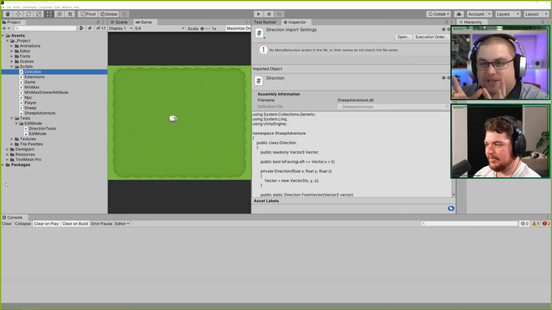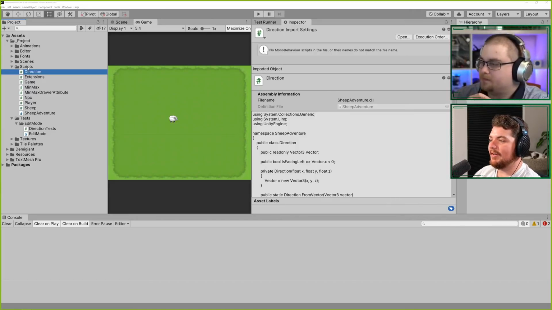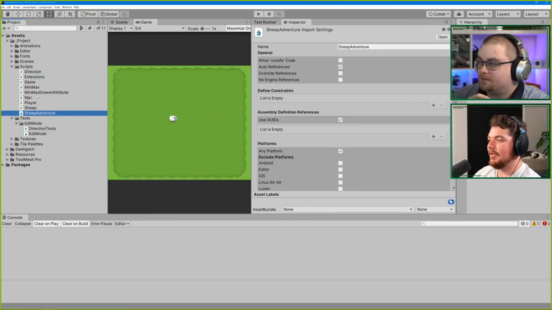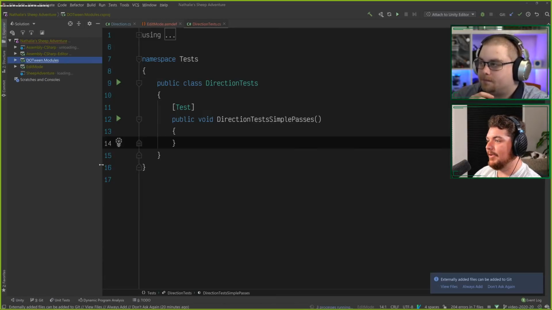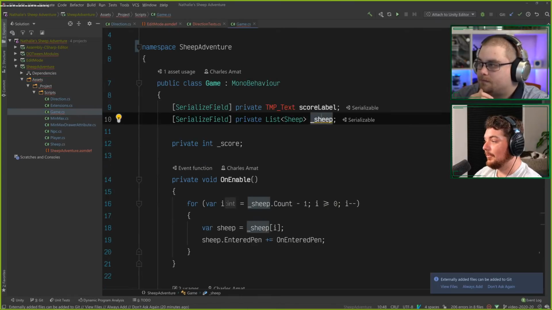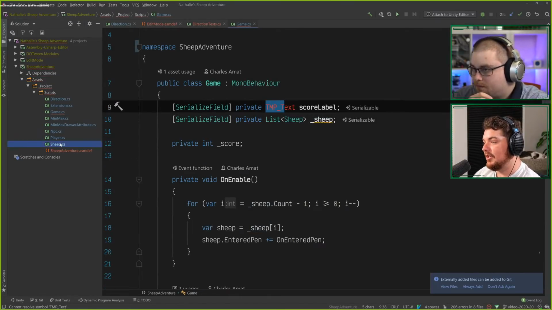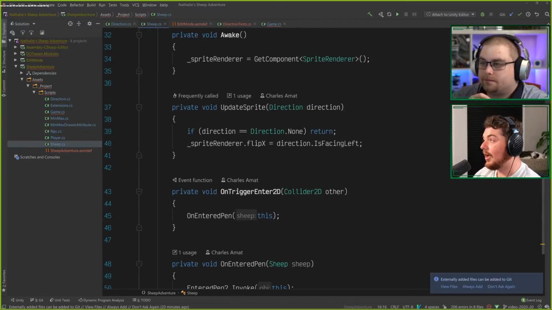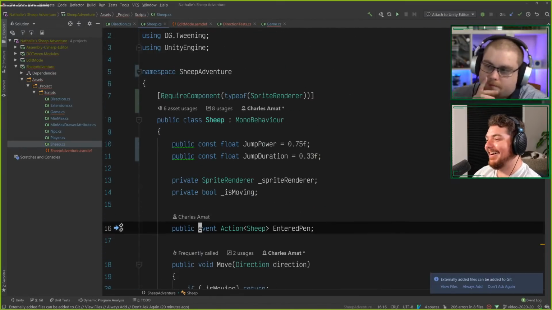All the code you write is already in the assembly-CSharp. Yeah, that's where it lives. By default. But now what we've done here is we actually created the Sheep Adventure assembly, and by virtue of it living in the same folder as all these scripts, if we go back to Rider, there we go. We see that now we have this other assembly here called Sheep Adventure, and there's a whole bunch of squigglies and errors, and that's because we're referencing things from Text Mesh Pro. And if we go to the sheep, I'm sure it's going to complain about DOTween, my bad,